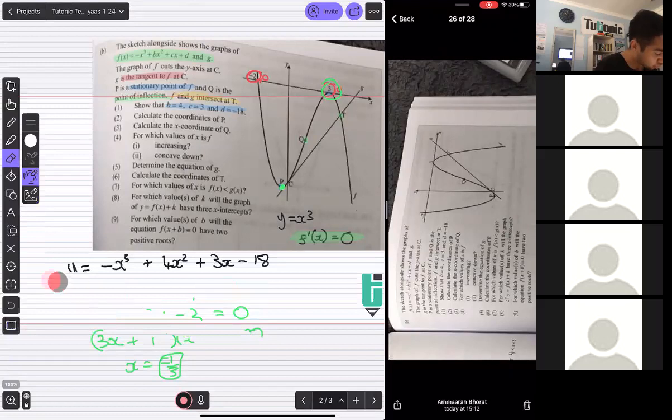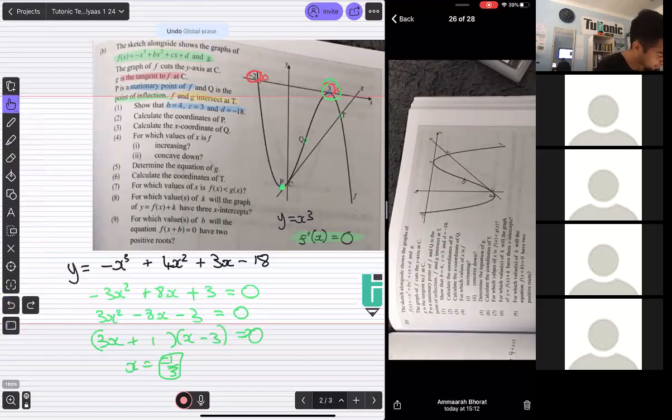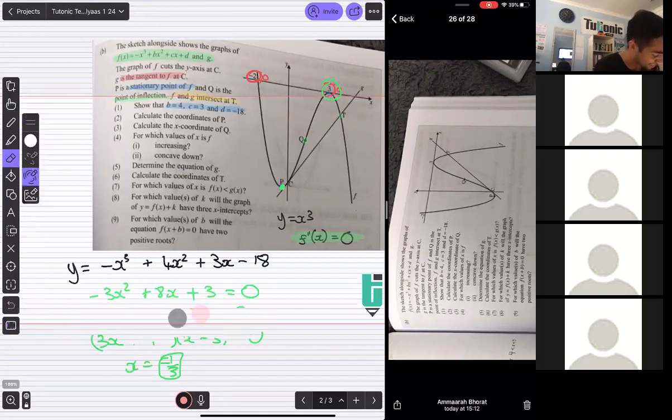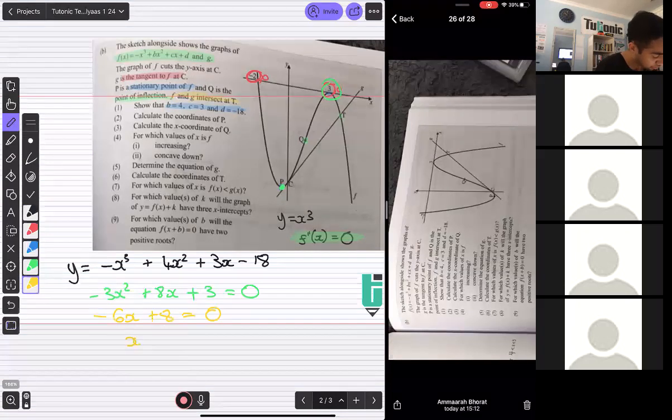And then it says the x coordinate of q. Now what's q? Point of inflection. So you make the second derivative equal to 0. It must become almost automatic in your brain: second derivative equals naught. So what's the second derivative? It's the derivative of the derivative, so minus 6x plus 8. So 6x equals 8. x equals 8 over 6, which is